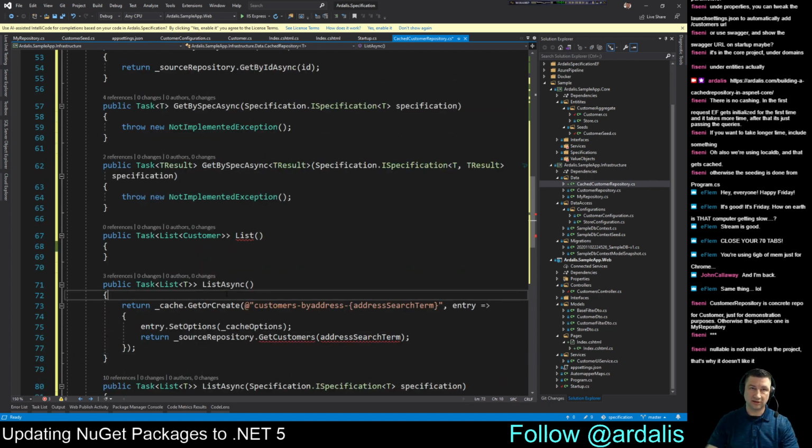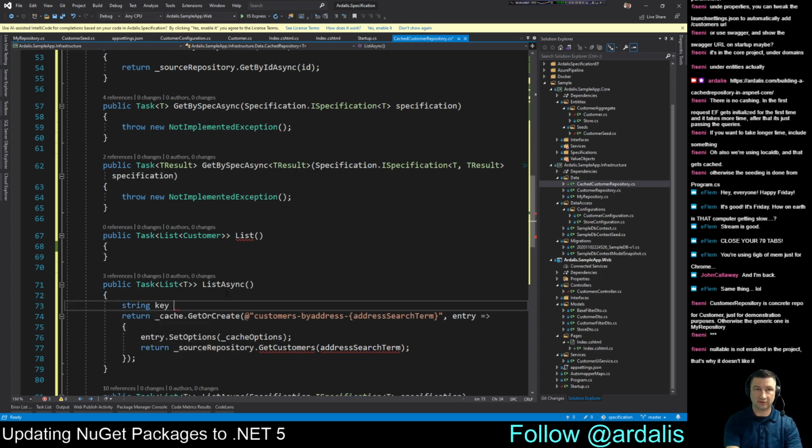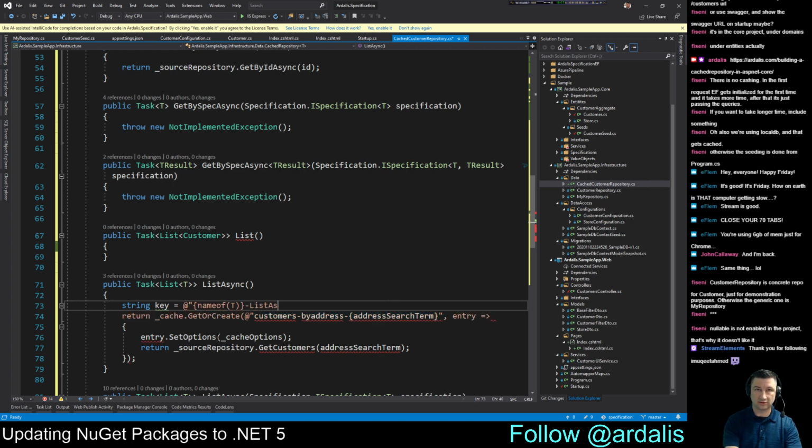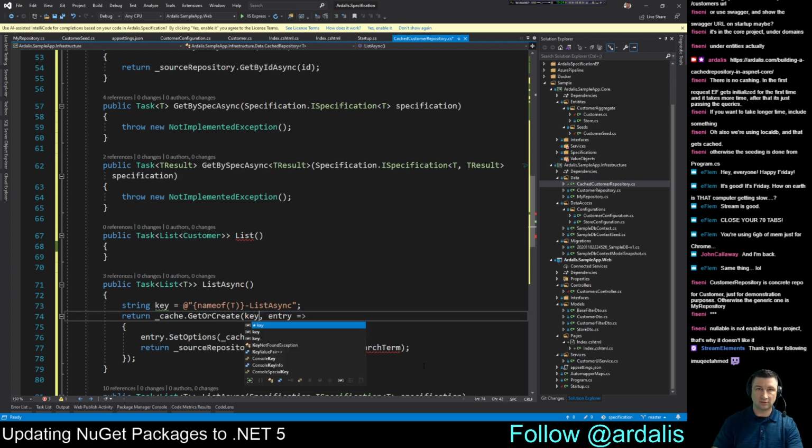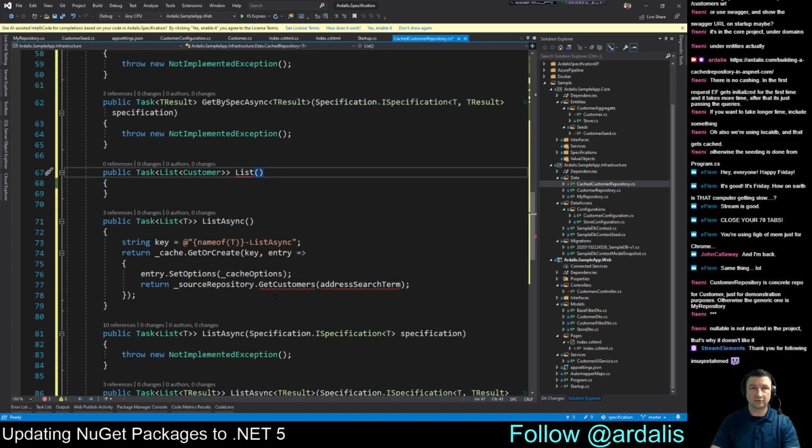we would want to create a key for this, right? So string key equals nameof(T) plus, in double quotes, dash ListAsync, like that, and then this becomes your key. But what we really want, and this becomes